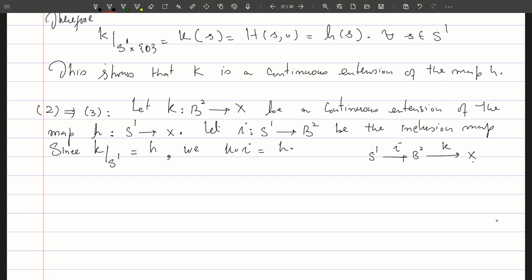Therefore, the induced homomorphism H star is the same as K star composite I star,